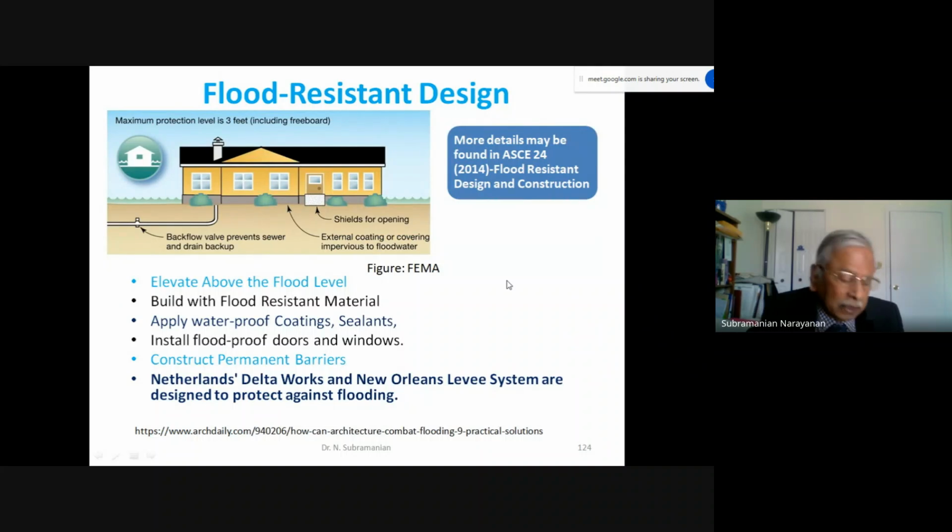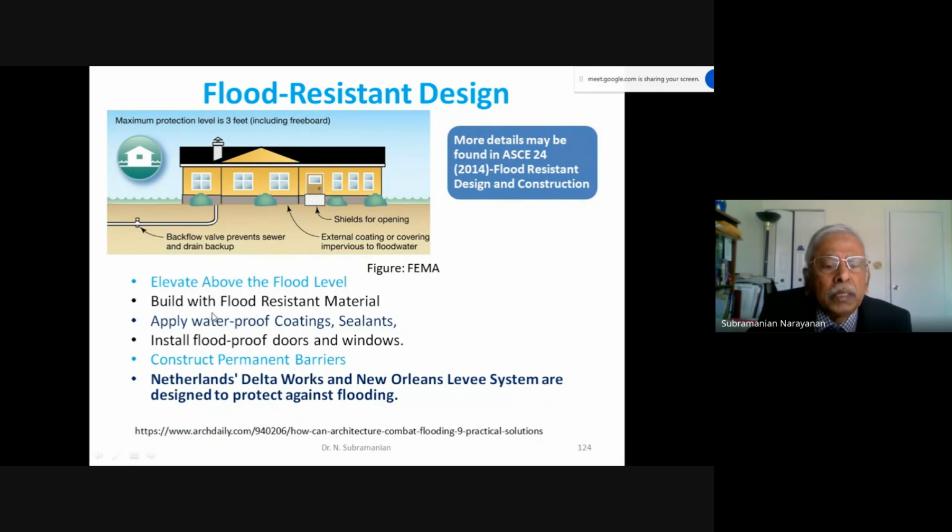So flood resistant design is very important, especially in this period because of heavy rains coming in so many parts of the world. I am showing only one slide. More details may be found in ACI 24, flood resistant design and construction. We urgently need in India also a document similar to this, and it is usually better to elevate the floor level